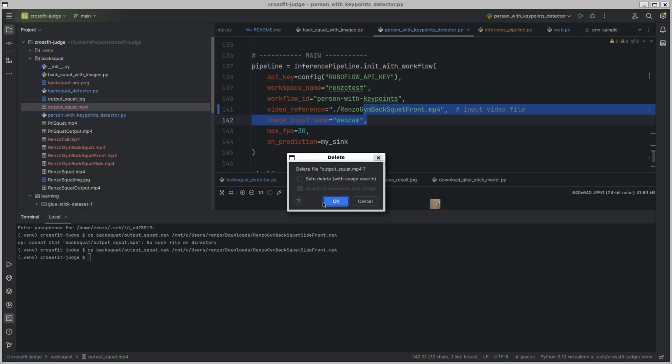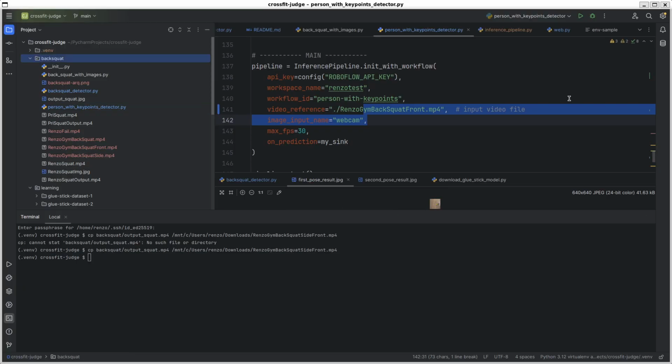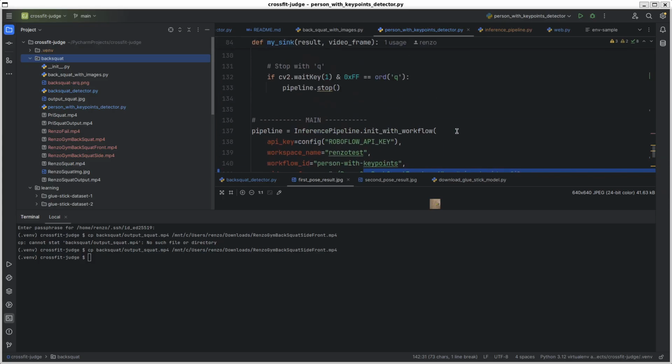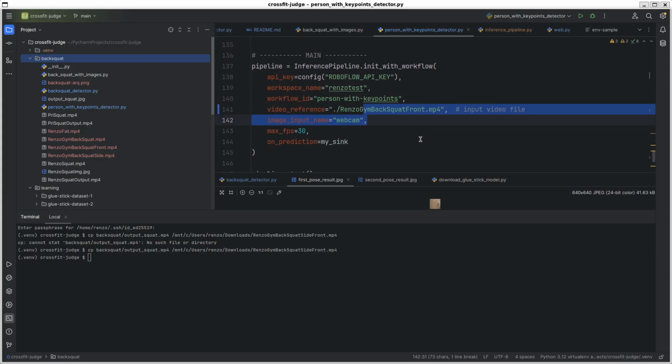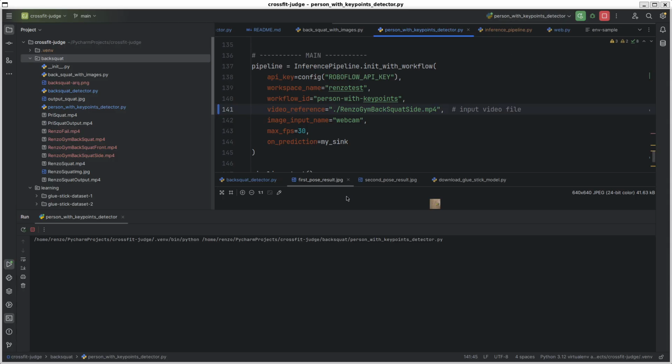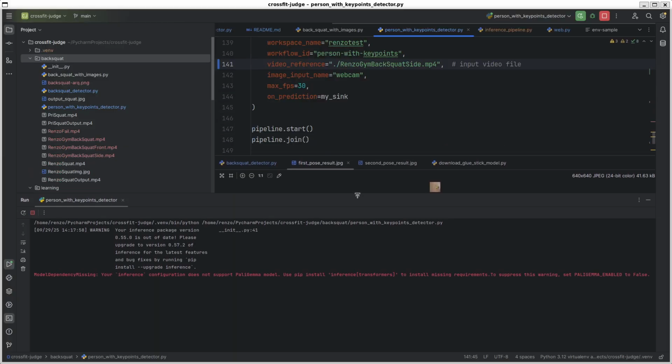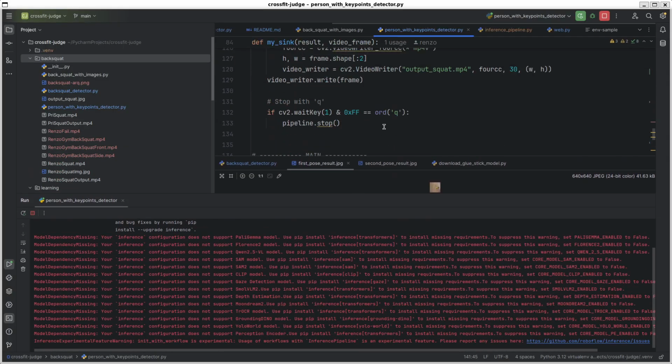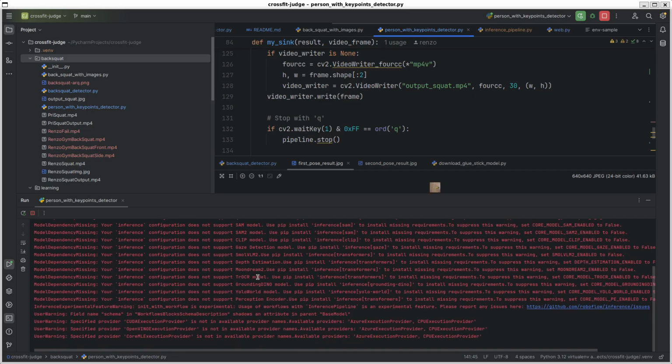Why? Strange. I just tested it. Let's try with the Hanzo Jean back squat side. The strange thing is that I would hope seeing the prints in here, and I'm not seeing that. That's strange.